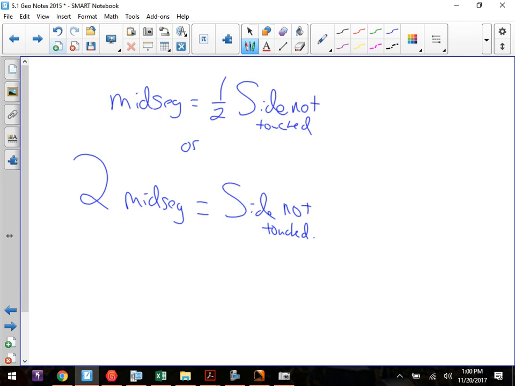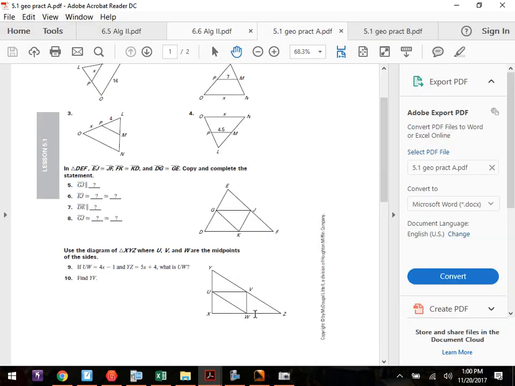And like I said, when we're working with this stuff, it's mainly going to wind up being some very quick algebra. For example,